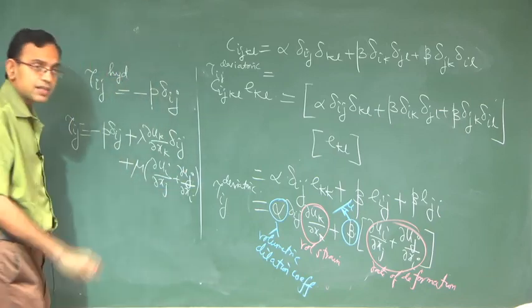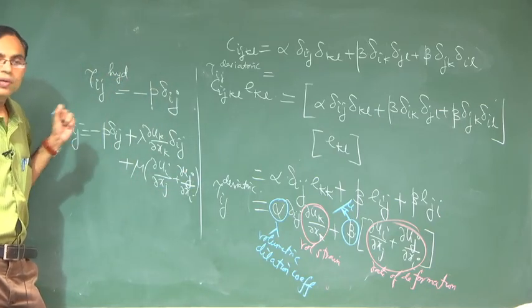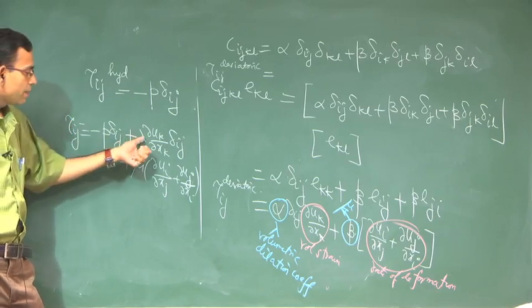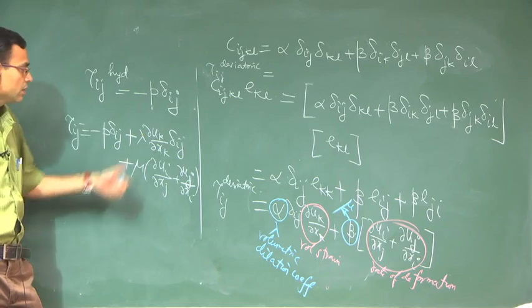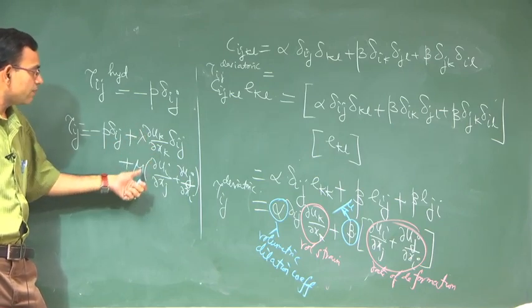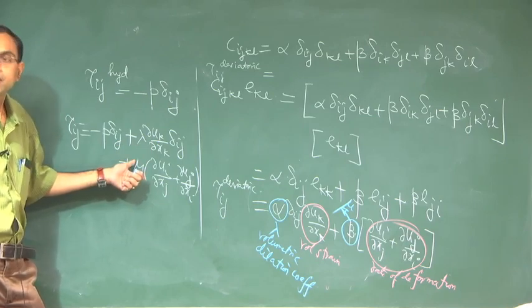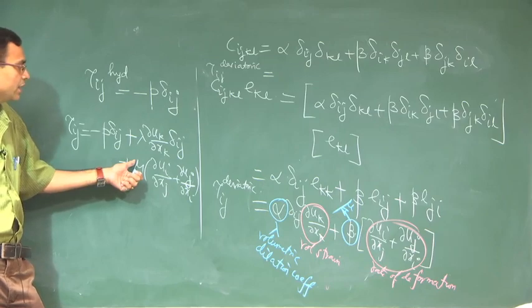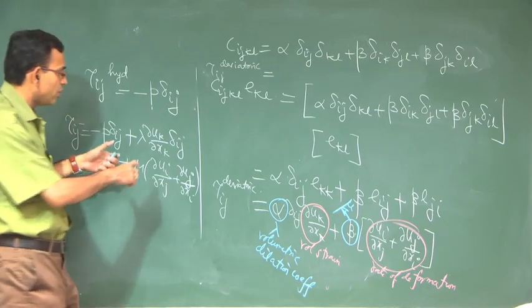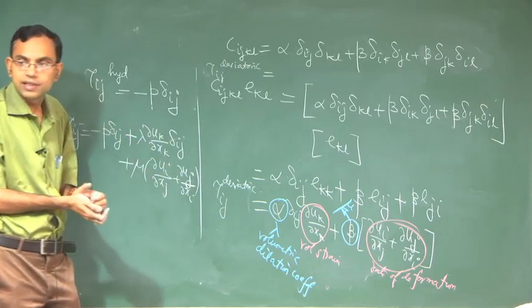What are the assumptions? Homogeneous and isotropic fluid, where these lambda and mu are constants, not functions of position. If these are functions of position, it will become inhomogeneous. It can still remain isotropic, but it will remain inhomogeneous. So, this is the formal way of writing Newton's law of viscosity.